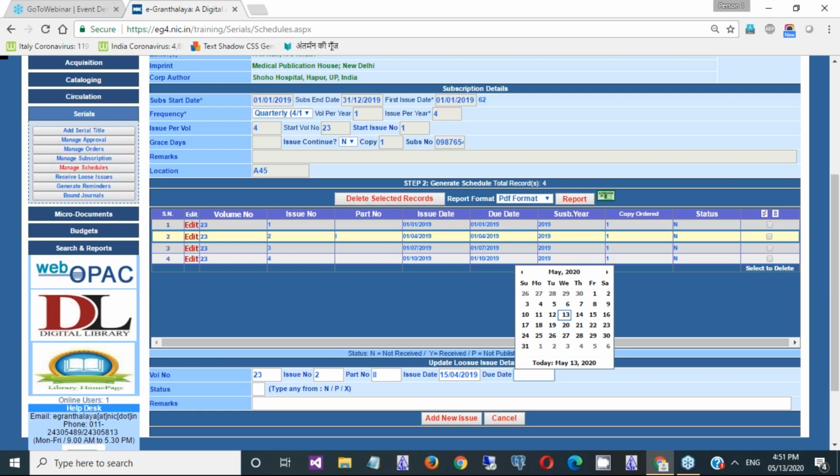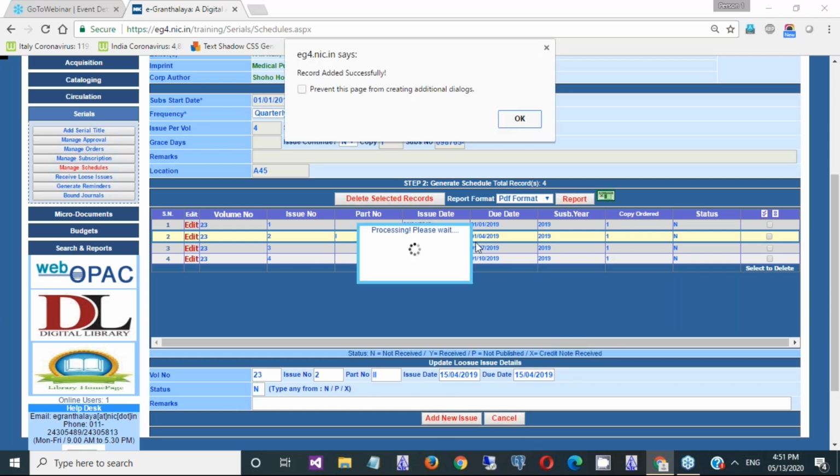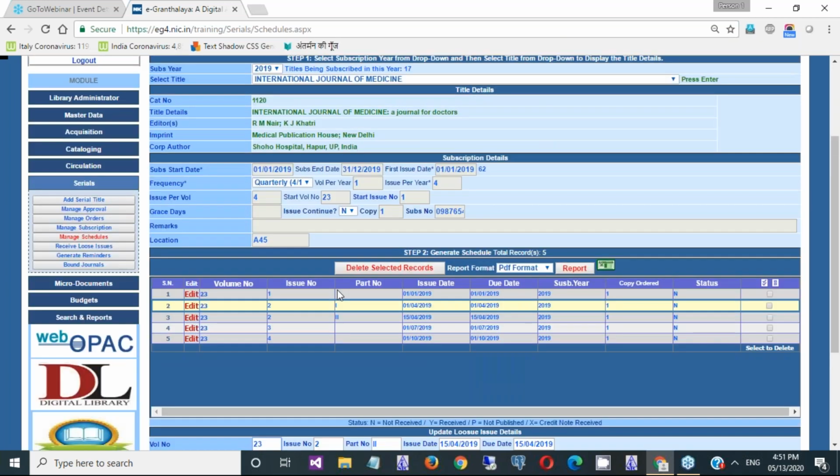Due date, you can give some gap or you can give the same. Status not received, new one, add. So you can interpolate additional issues accordingly.